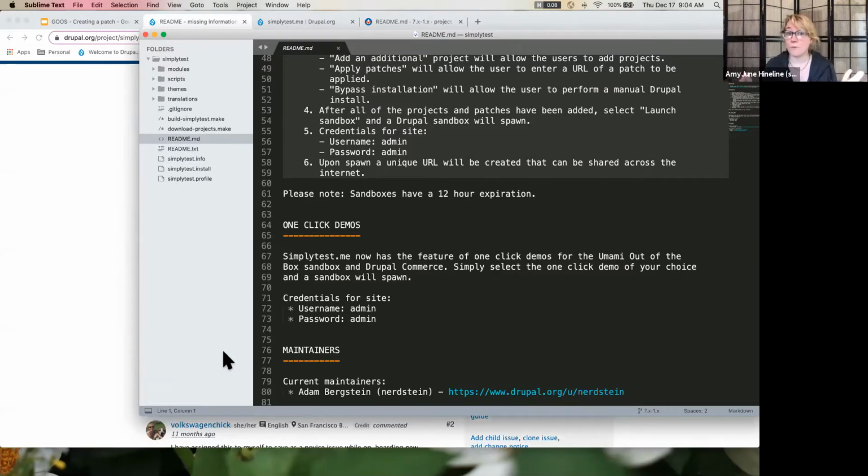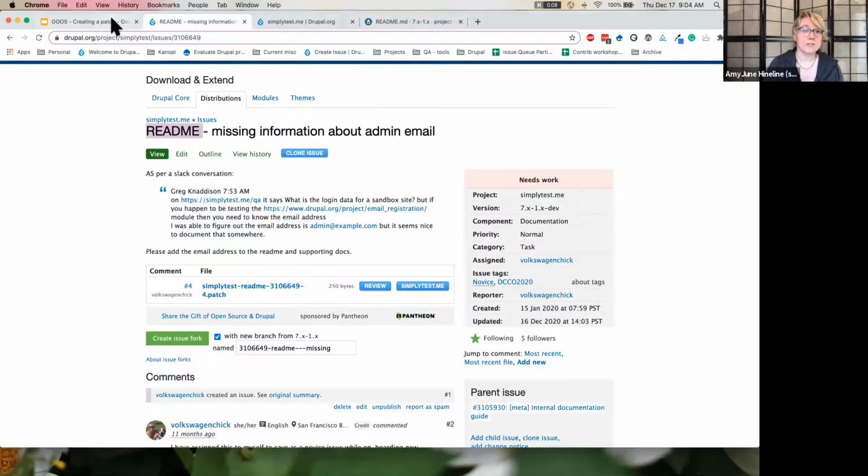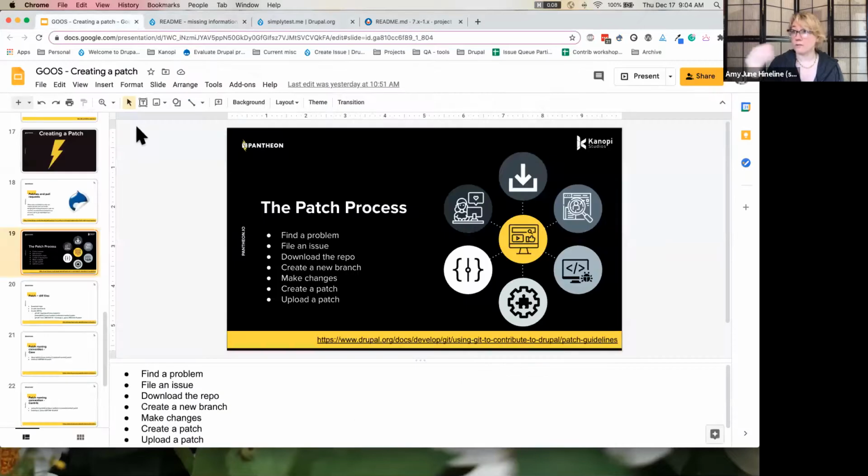Okay, so here's the file that we're going to touch. You can see it's not code. Like I said, this is a great place to learn how to patch for non-coders. Okay. We go back to creating a patch, we downloaded the repository on our machine, we looked at the code base, and now we wanted to create a new branch because remember we talked about the patch file being the difference between one branch and another branch. So go back to our terminal